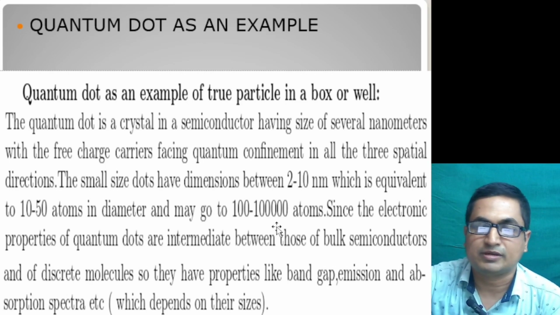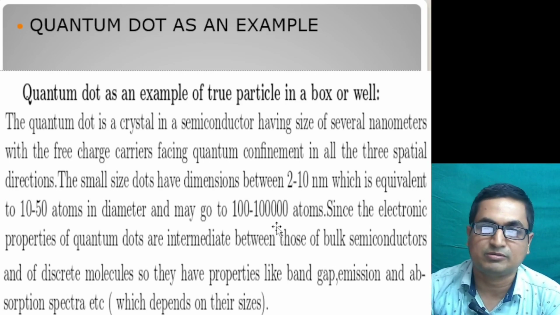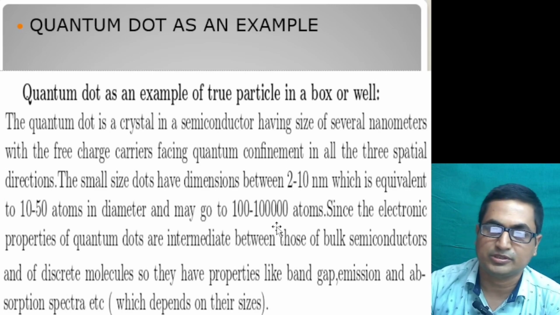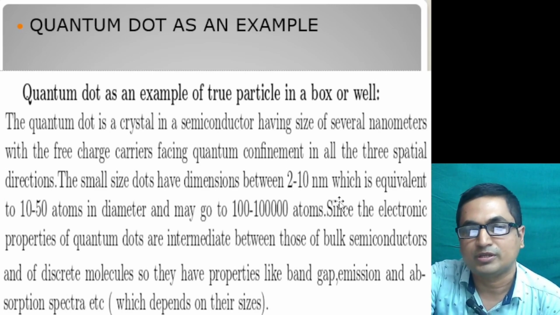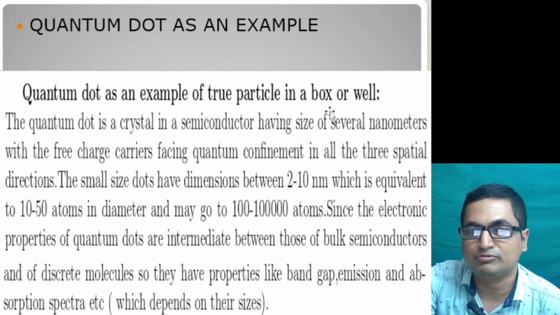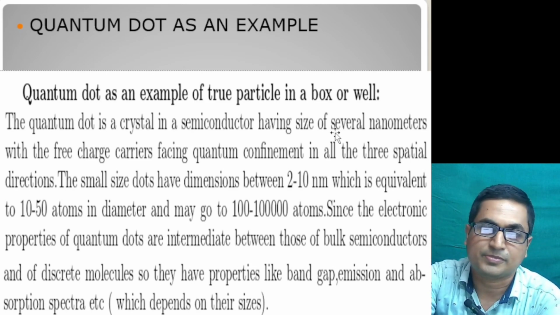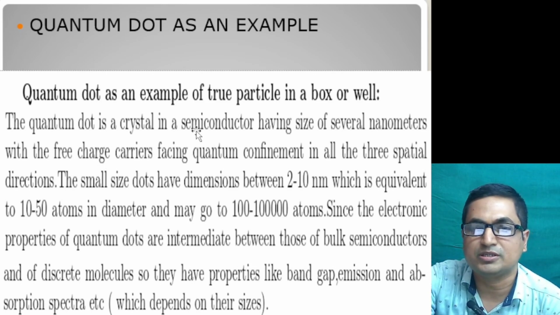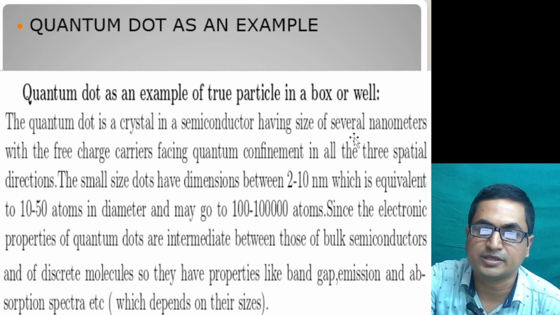Now, coming back to the practical situation of this particular case of using the time independent Schrodinger equation, we can see that the quantum dot is an example of this kind of application. A quantum dot, as we know, is a semiconductor crystal with a size in the nanometer range, and it has free charge carriers having quantum confinement in all three directions. Since it's a confinement, it's like the particles are within a well of